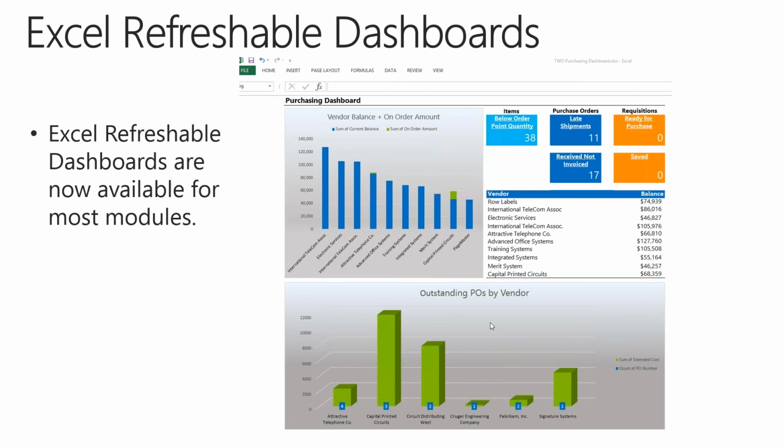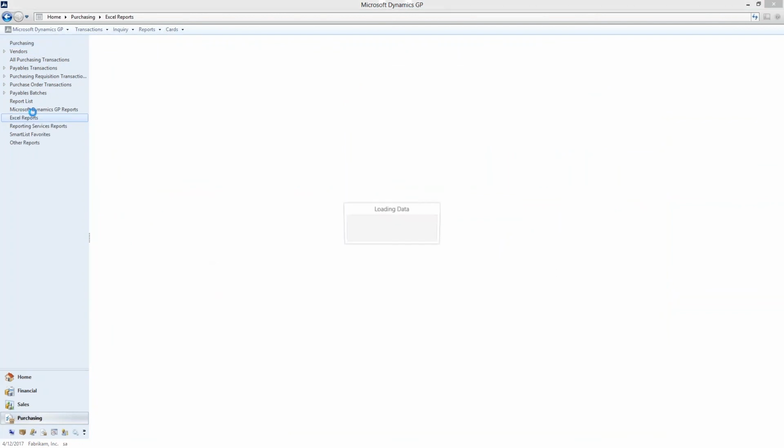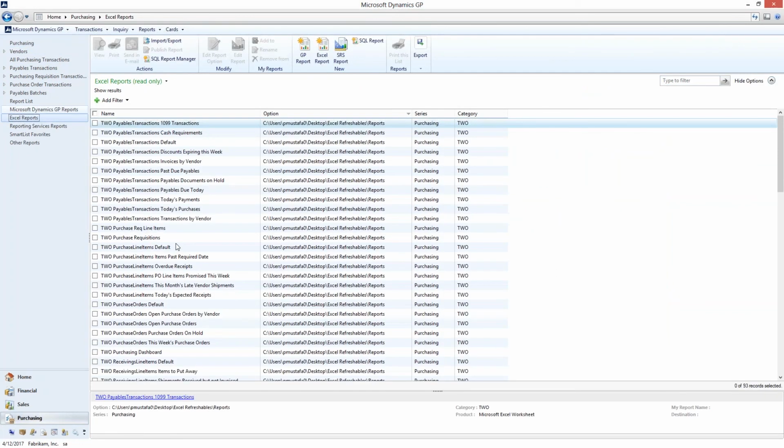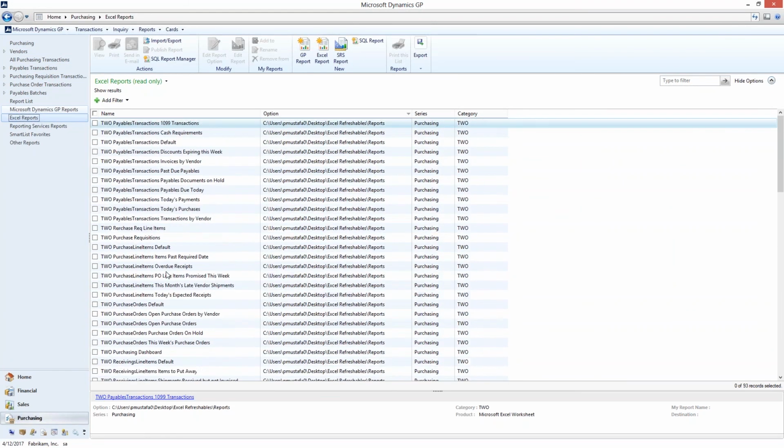So these dashboards are already available, and actually let me show you very quickly. When you come into GP, you can reach your Excel refreshables. For those of you who are already using them, they are saved in your system when we deploy them out of GP when GP is installed. But you can reach them from within GP in any of the modules. You'll see Excel reports, and you'll see a list of those Excel refreshable reports. Like I said, there are a few more than there were before in this latest R2 release. Now, if I want to see the dashboard,